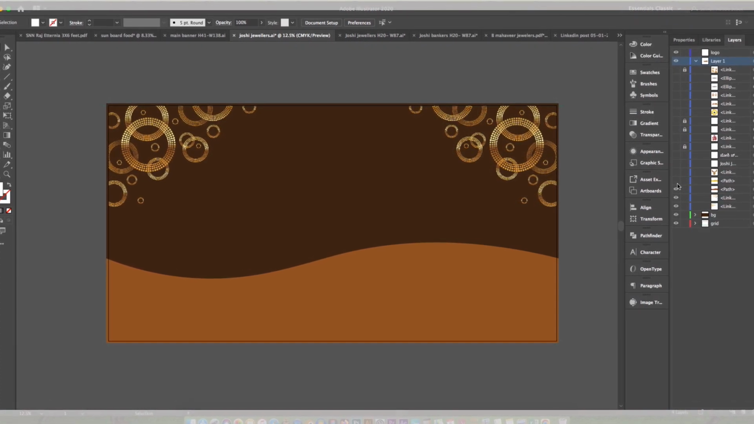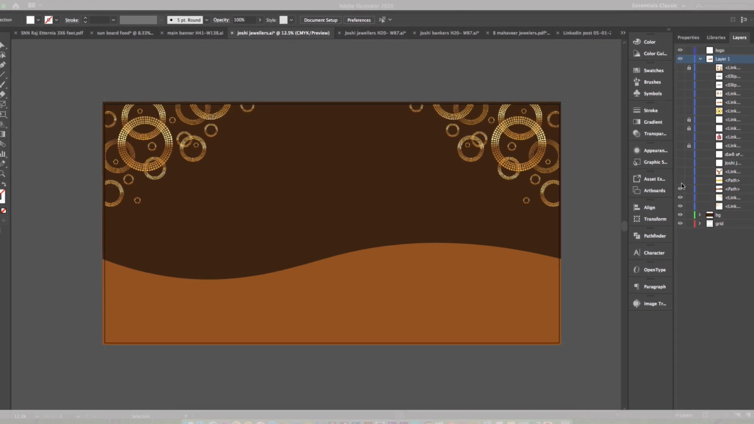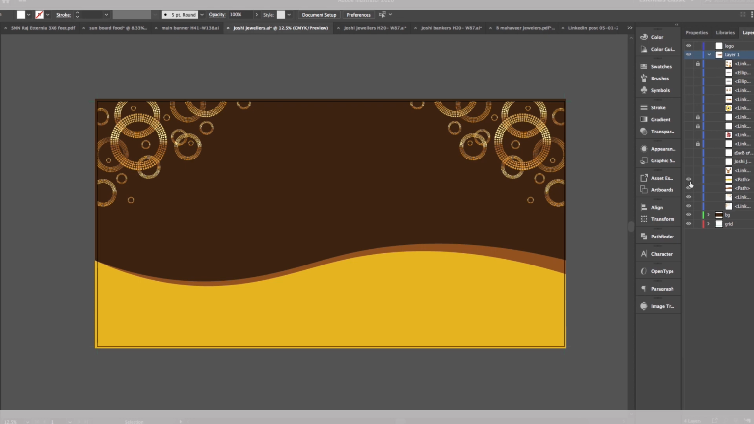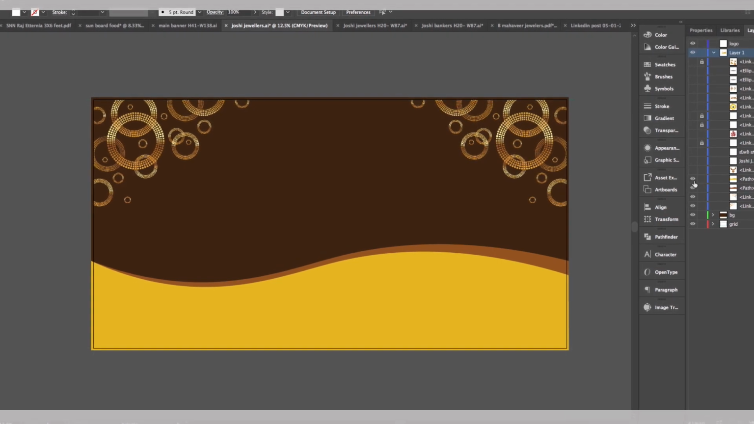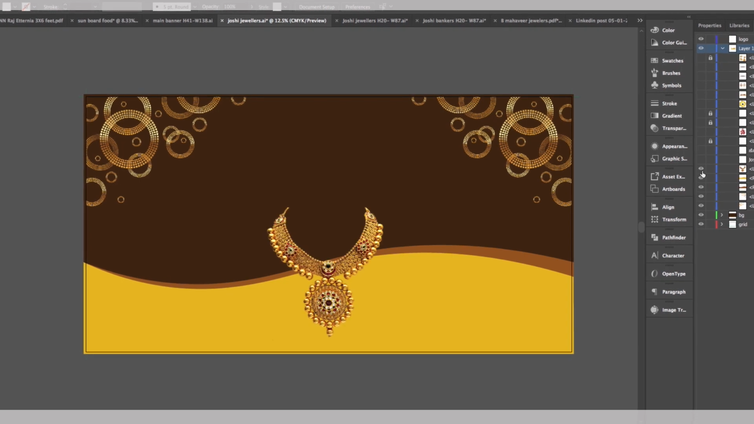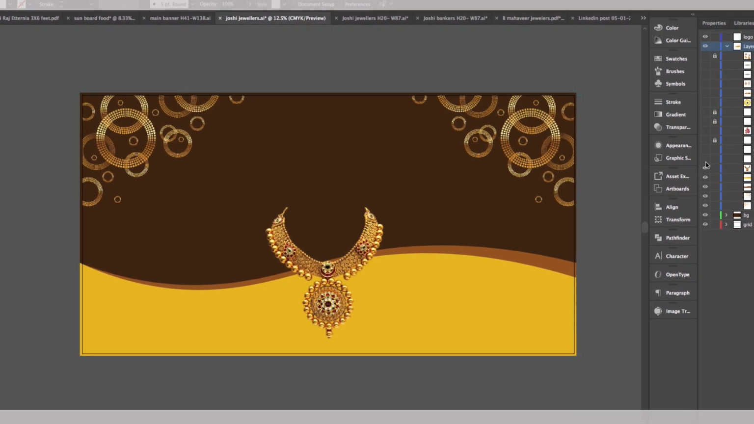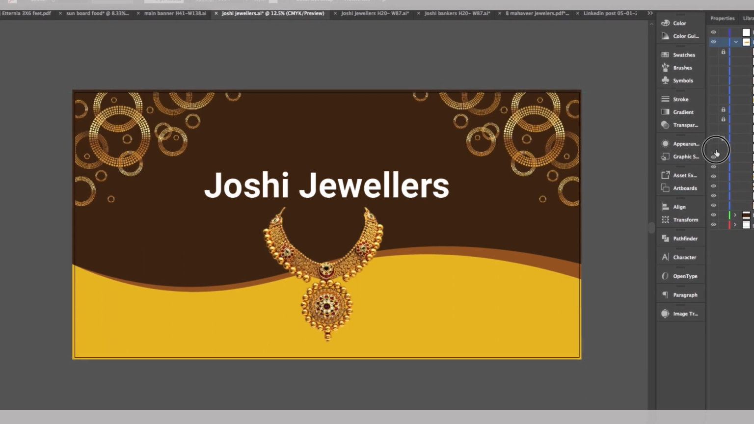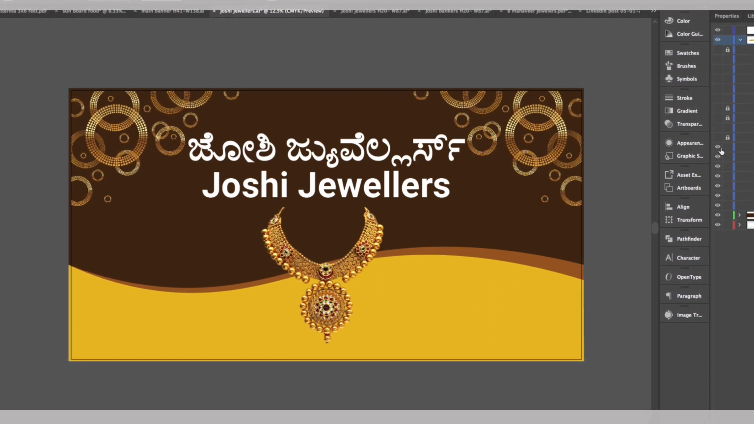It looks like some kind of texture, a soft tone. And I created one more line over there. You can see the really bright yellow. Thereafter we will put some jewelry for the main text, and with a local language such as Kannada and Hindi also